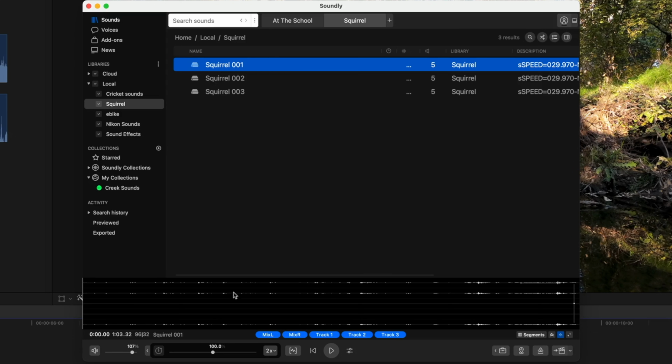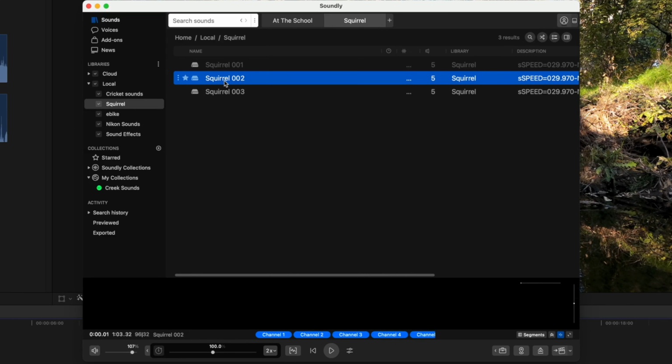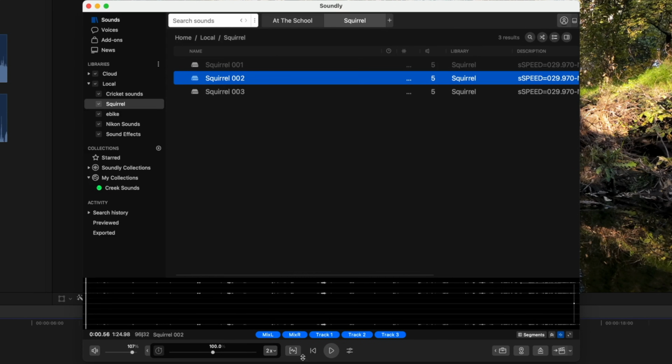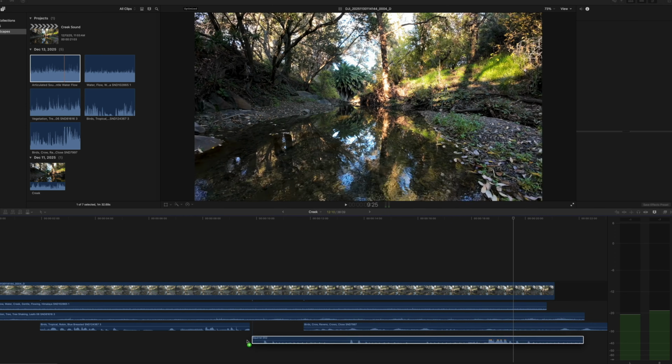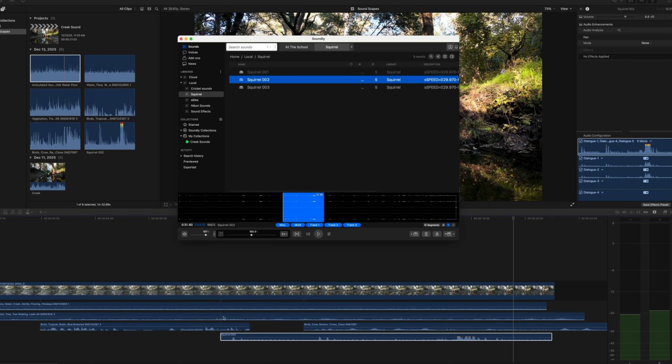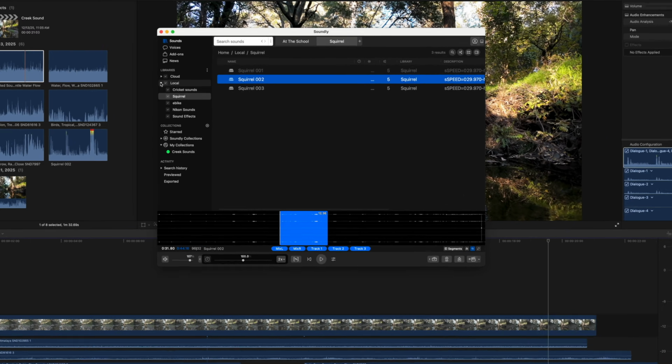So let's go ahead and grab, let's see what's another good squirrel sound. There, we'll just grab a little bit of squirrel sound and we can put that in here. And so you have the ability to work with your own sounds, not just the Soundly sounds, but your own sounds, and it will categorize them and make it really super easy for you to find your sounds, because you'll find that over time, if you're creating sounds, sometimes you'll end up creating some sounds and that's like 2 years